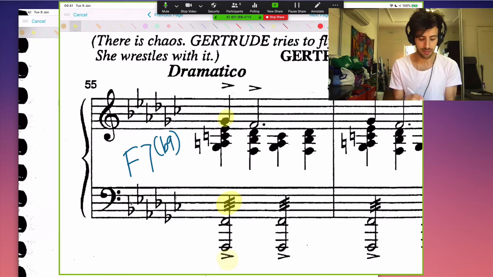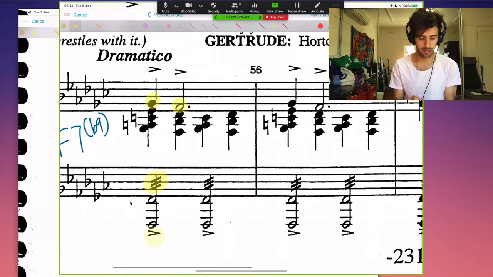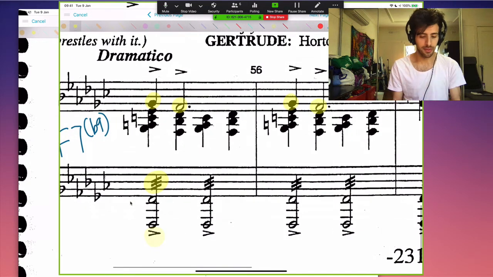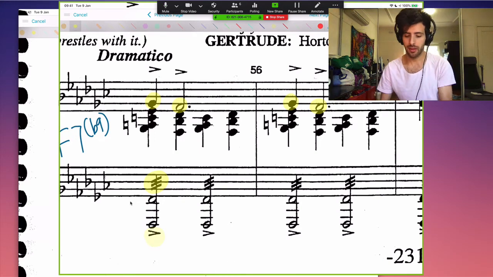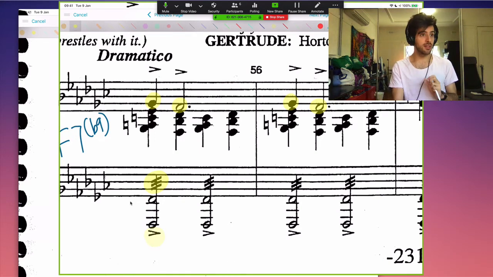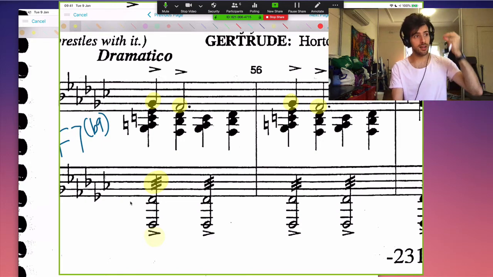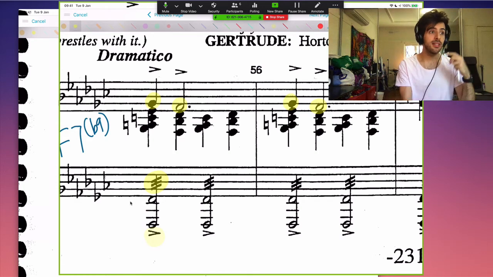There's actually another voice happening here. So there's another voice going, data, data, data, whilst the rest of the accompaniment is going,